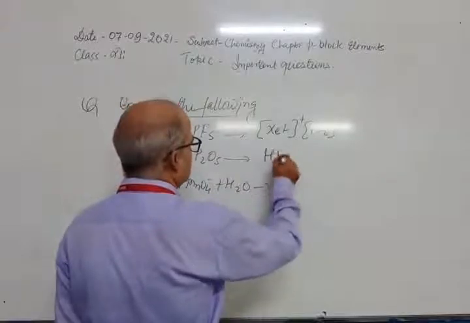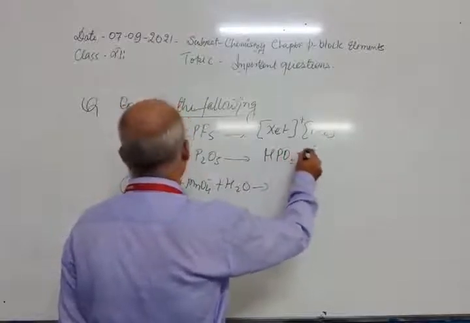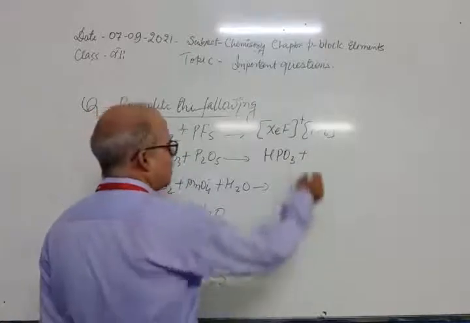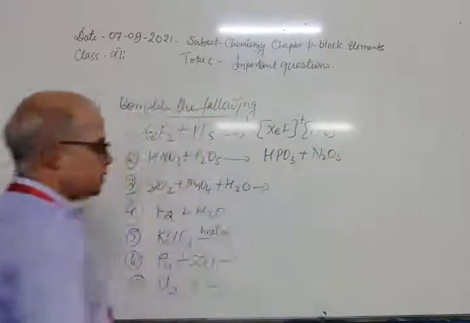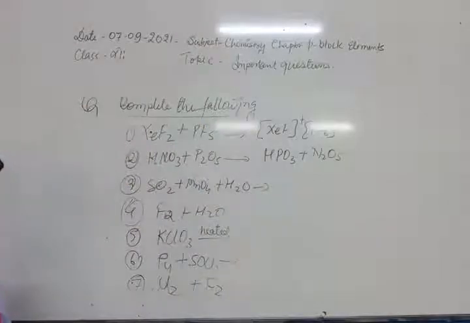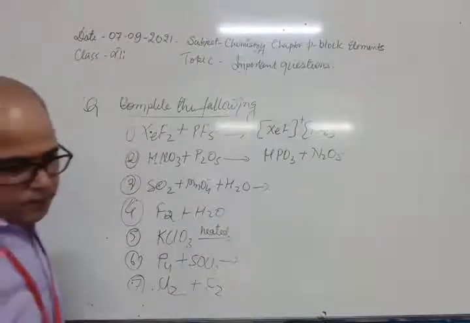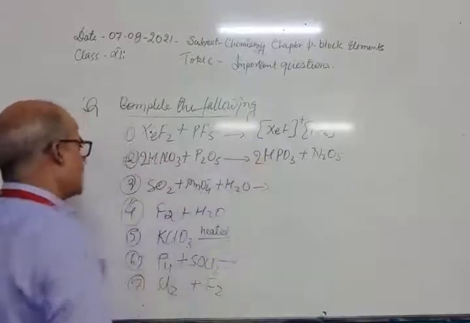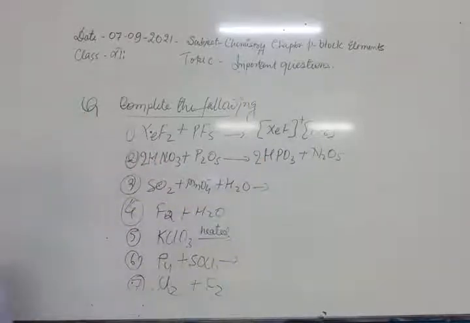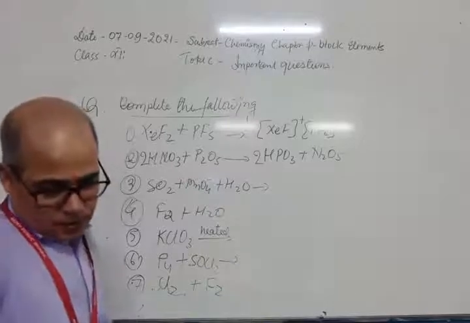H3PO3 plus N2O5. Reaction you have to balance. Here will be 2, here will be 2. Okay. Now note down. Next we will see